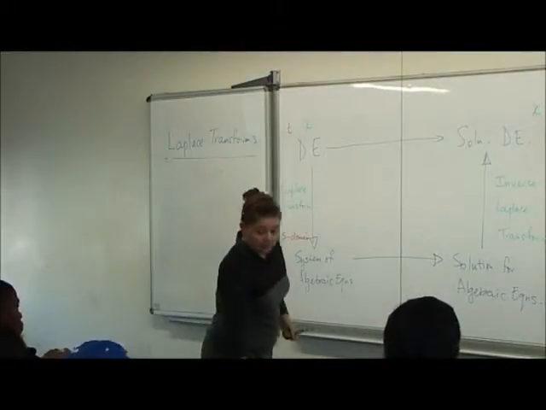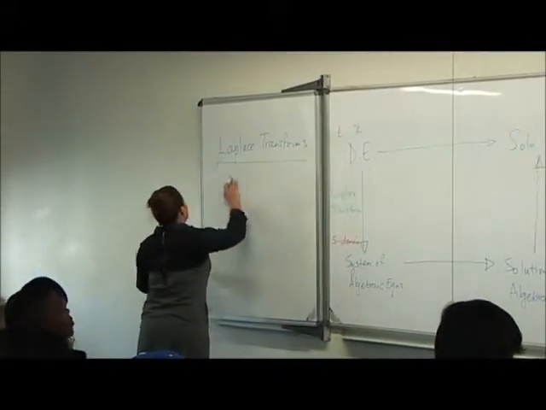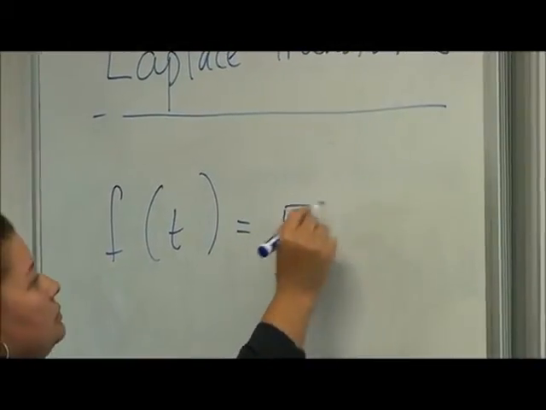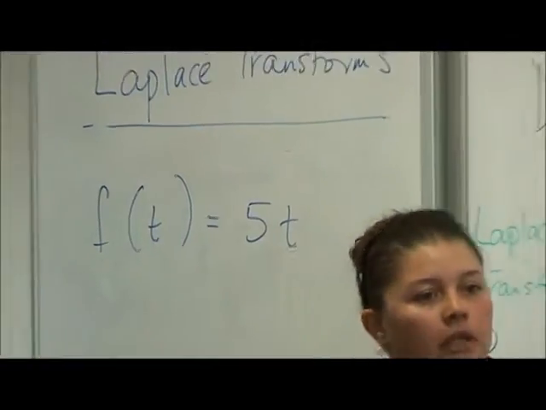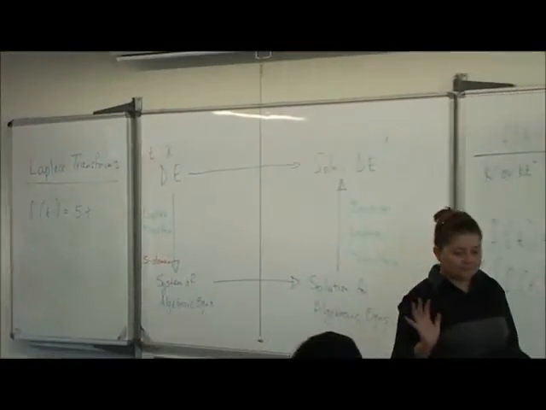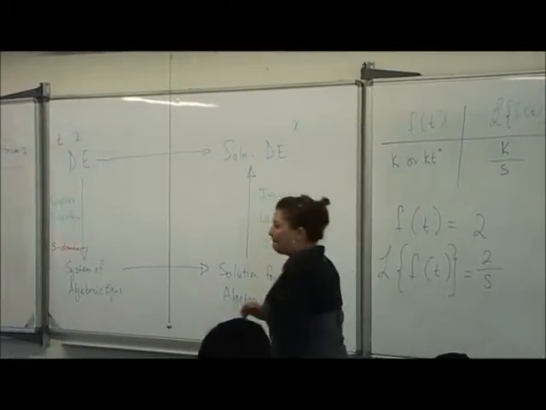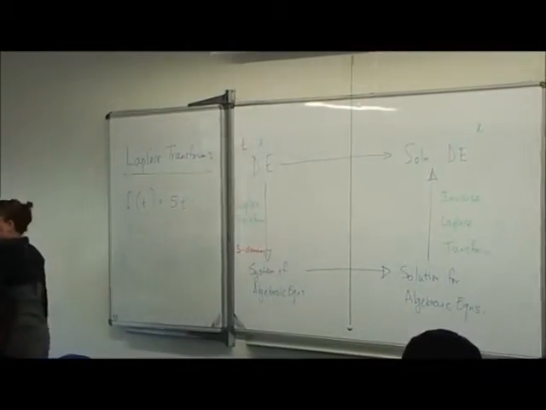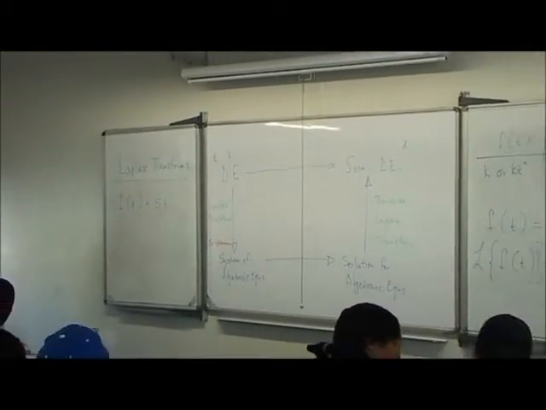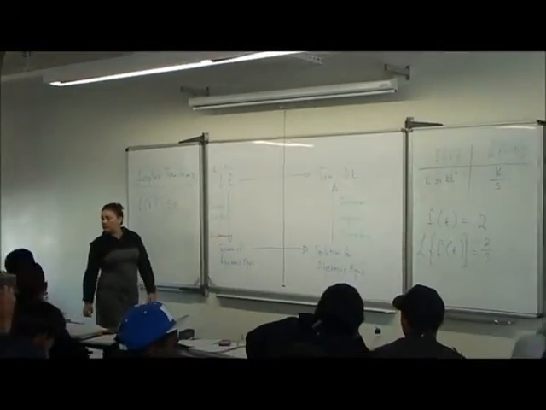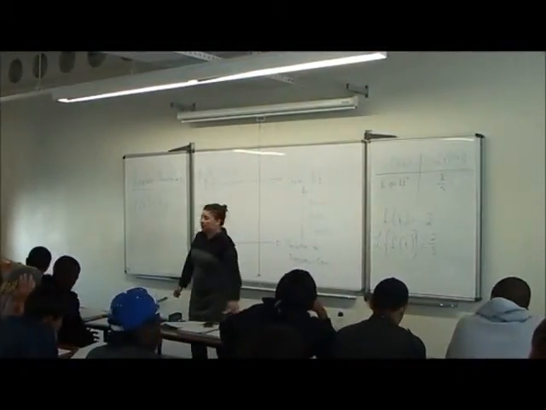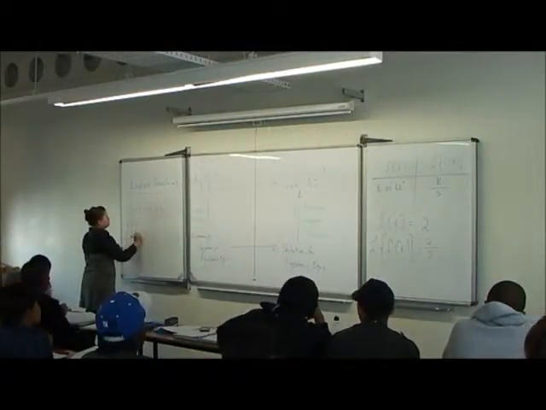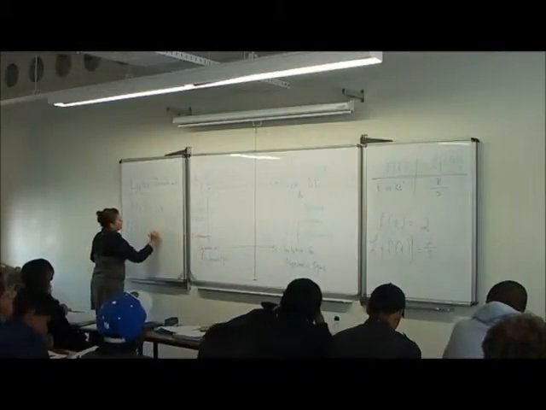Another example. We have the function 5t. Look on the table. Which one? Are you sure? Why? It's t to the power 1, not t to the power n. So that over there is going to be f of t, 5 multiplied by